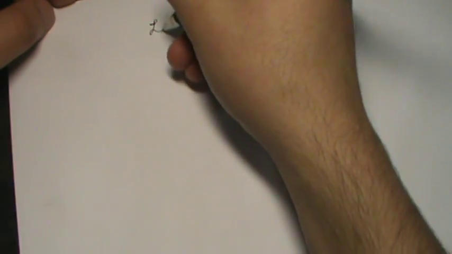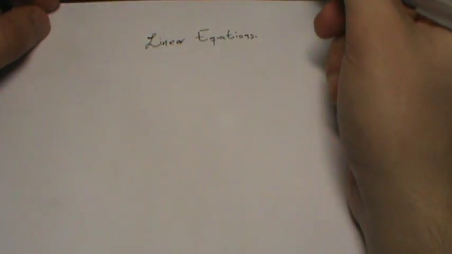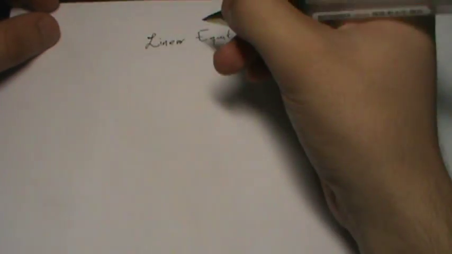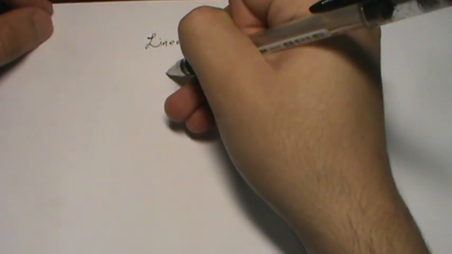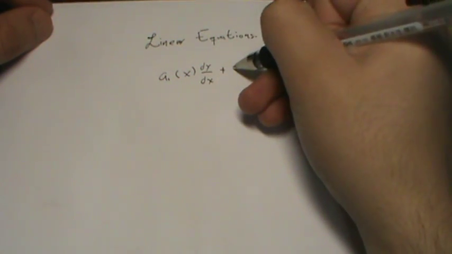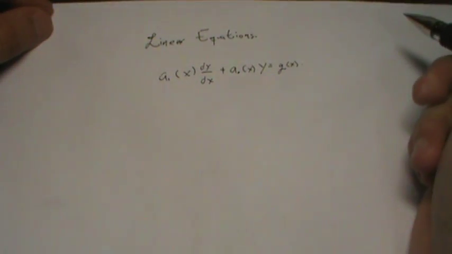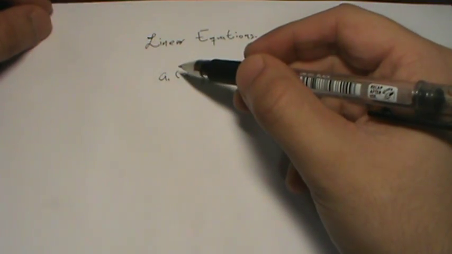Now I'm talking about linear equations. These are also very easy. It's a first order differential equation, and this is what happens when you cannot separate the variables. So they have the form a1(x) dy/dx plus a0(x) y equals g(x). Okay, so we have one x dependent equation